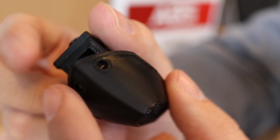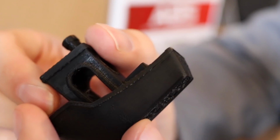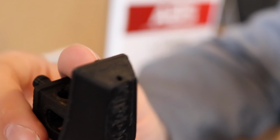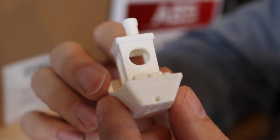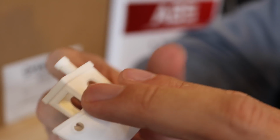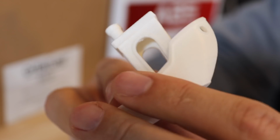So I really like printing a little bit slower. I know there's a lot of people that print faster, but I like to make sure that I get a little bit more detail on my prints. This white one was from back in October, when I got my printer. This was actually done with the Creality PLA, and it came out really, really good. This isn't just the Overture PLA, but